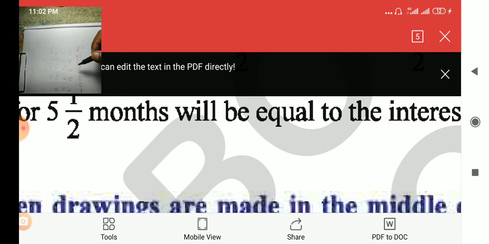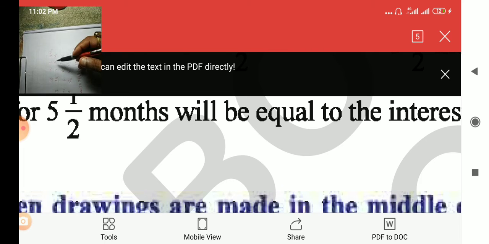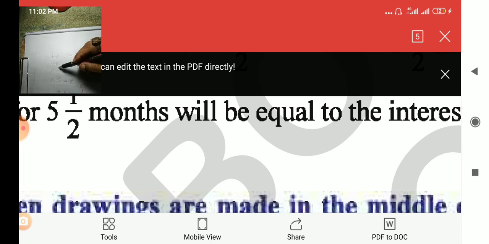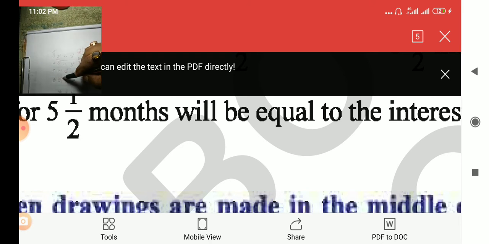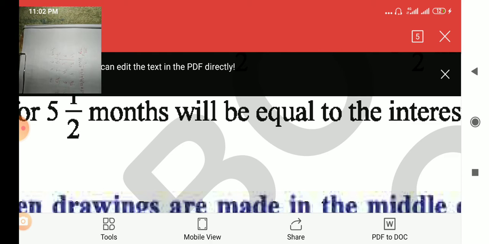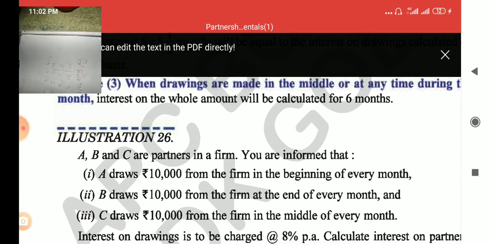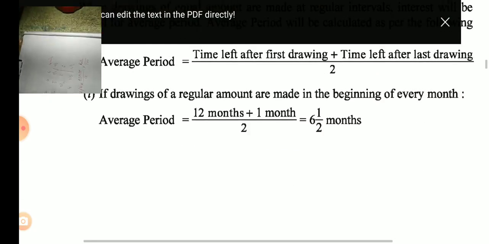And for remembering this table, only remember this 6.5. 12 month beginning 6.5. Then downside, half less the half, and for the right side, 1.5 less 1.5. This is separate. 6.5, 5, 3.5. Okay. By using this formula, you can easily calculate all interest on drawing, even beginning, mid or end, any type.